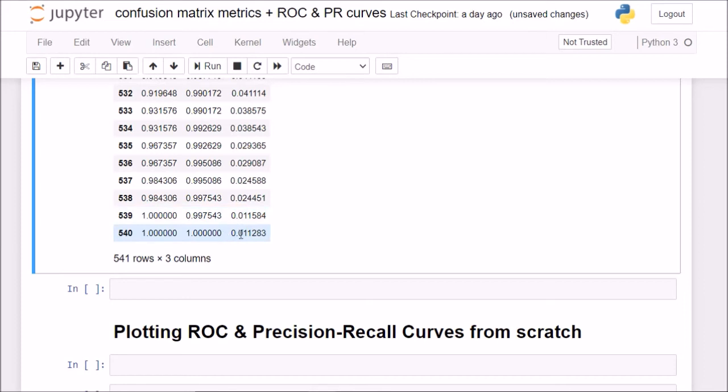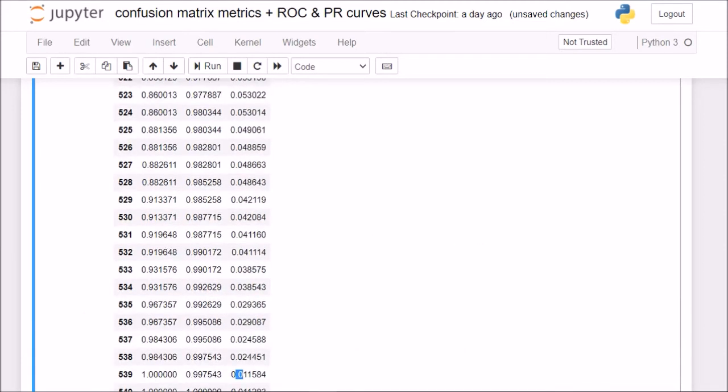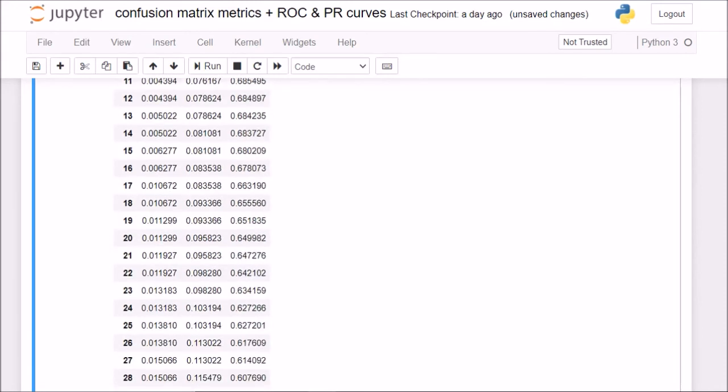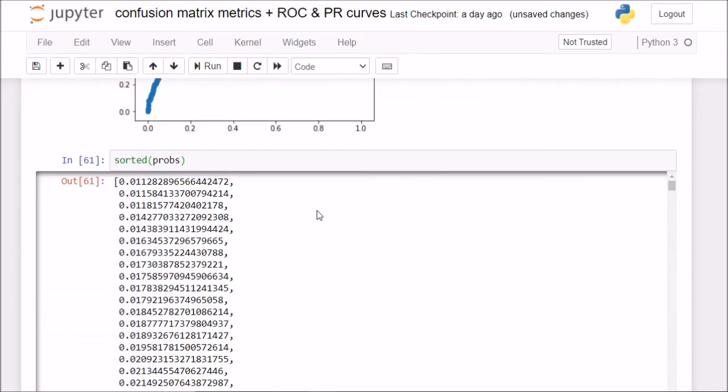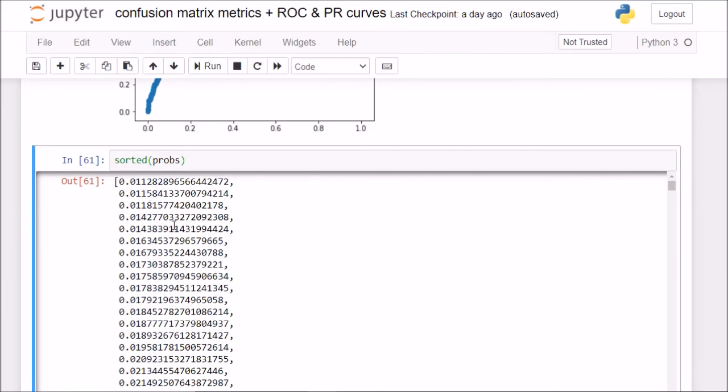So these are basically the unique threshold values. The unique threshold values which scikit-learn used were basically the unique values in my probs or the y-score, right? So this is basically what is happening behind the scenes.